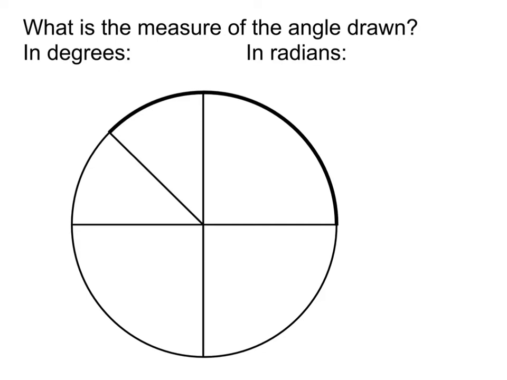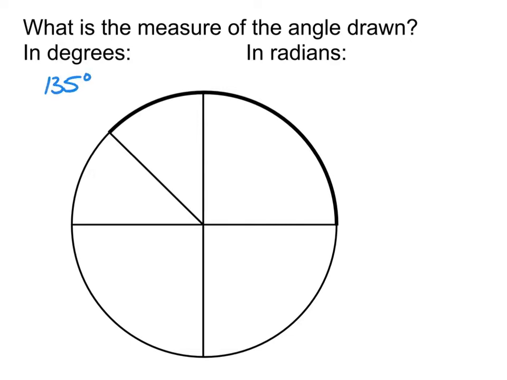In an earlier lesson, we looked at a problem like this, where you are given a particular picture and you're asked, what is the measure of the angle that is drawn there? And you give it in degrees, you give it in radians. So we talked about how it looks like, well, this is more than 90. It looks like, in fact, it's probably about halfway between 90 and 180. And so we'd estimate that that's about